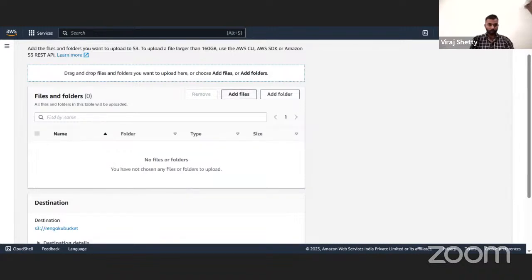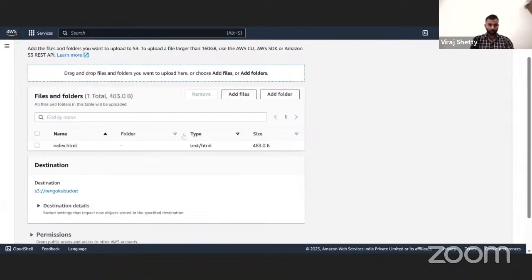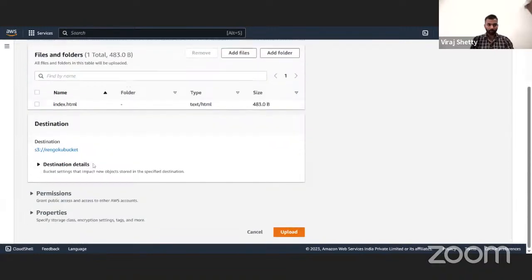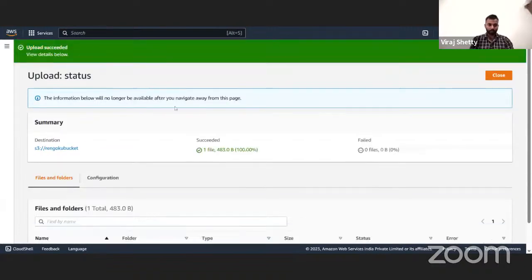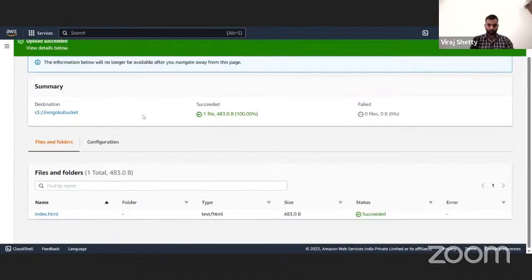So it's here, index. Open. Yes, so I have uploaded the HTML file here. Click on upload. So yeah, I have uploaded it. So next step is